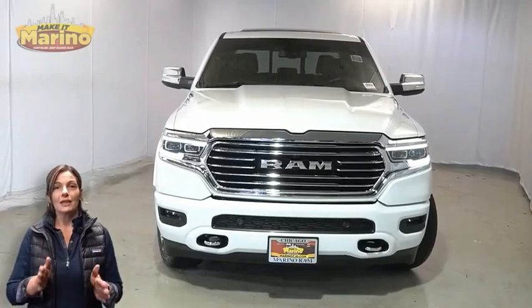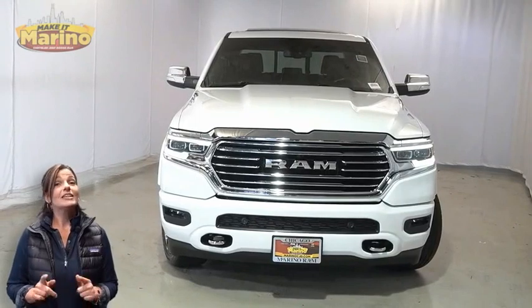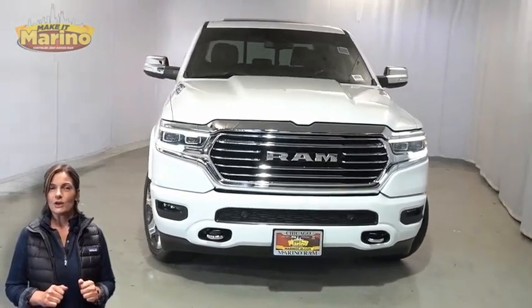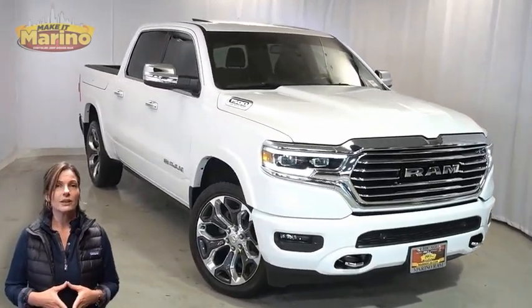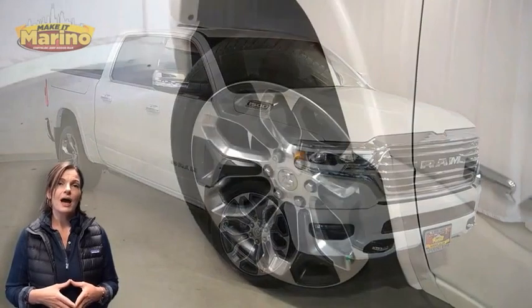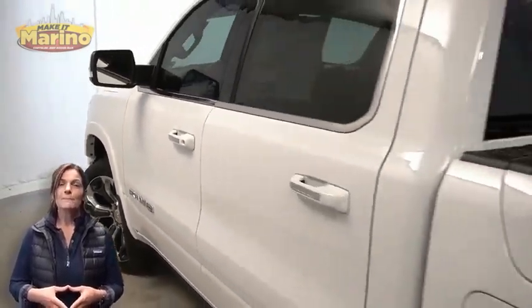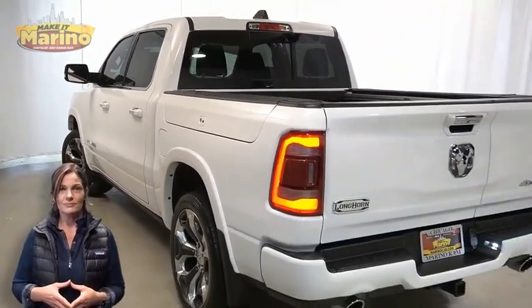Power, performance, capability, and capacity allow you to take on new challenges and adventures. Take a look at this certified pre-owned 2020 Ram 1500 Longhorn Crew Cab in bright white. With bifunction LED projector headlamps, LED fog lamps, 22-inch aluminum wheels, power heated mirrors, blind spot and cross-path detection, LED